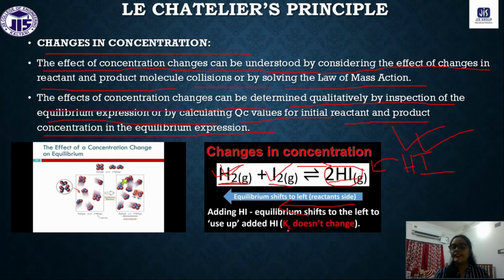can be minimized. So understand, if we change the concentration of reactant, that means the forward direction reaction will be followed. If we increase the amount of product, that means the backward direction reaction will be followed, so that we can minimize the effect. The reaction can minimize the effect.